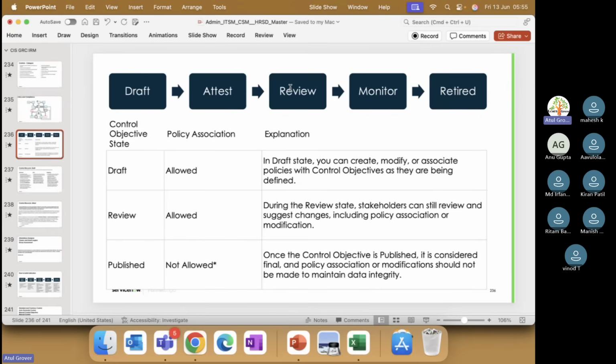We mainly have just three roles, and we play around within them. Somewhere it is a user, somewhere a manager, somewhere an admin. And if the compliance manager thinks it is not fully or correctly implemented, he can send it back to the draft state. So if you go back here